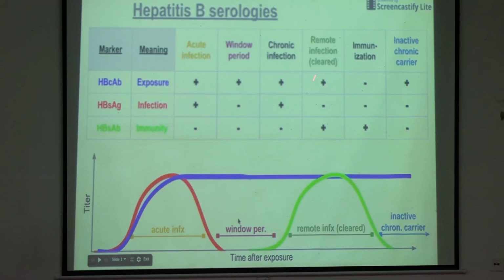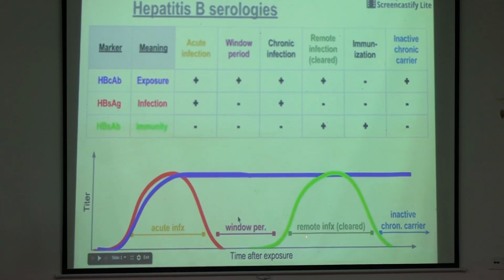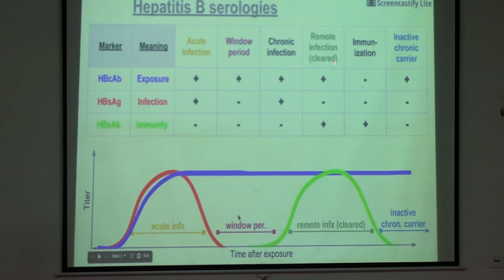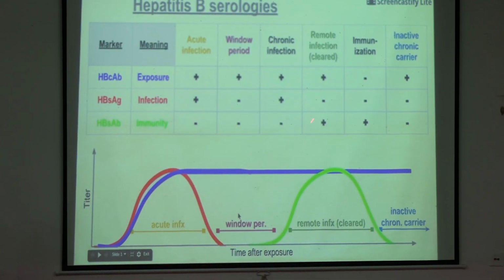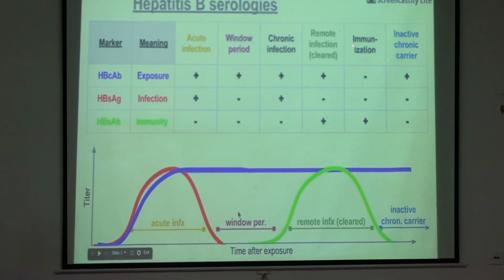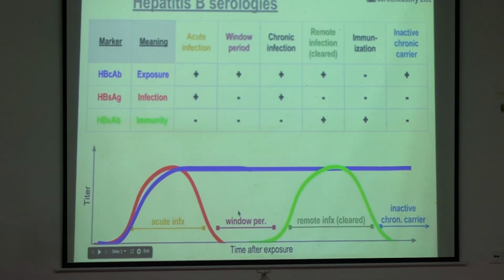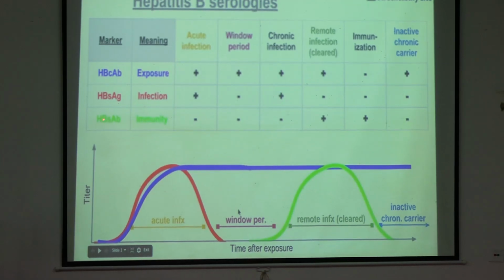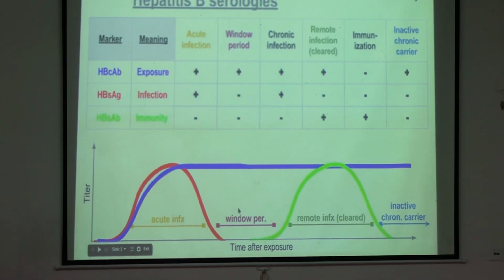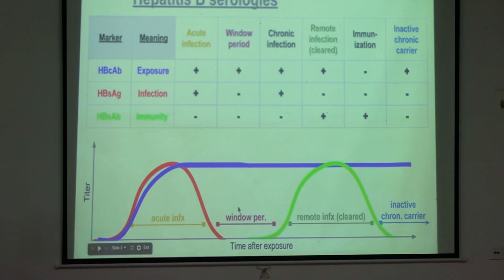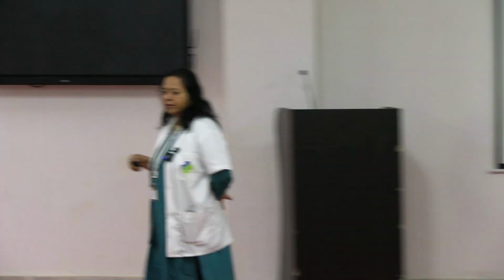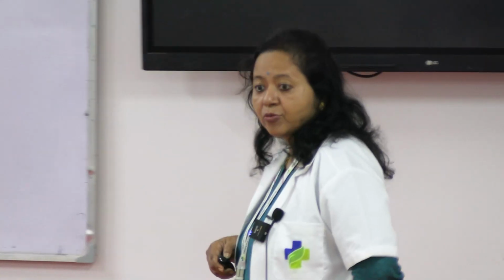Remote infection is where the infection is cleared, and you can get the antibodies, or the infection is almost cleared, so antibody to HBs is there, and then immunization. They will ask you, if you are immunized, all of us, what will we get? You will get only antibodies to HBs. That is the titer we do, what I was talking about. You need to know the titer, the antibodies to the HBs antigen. Is it clear, everybody? So that is what all vaccinated people will get.